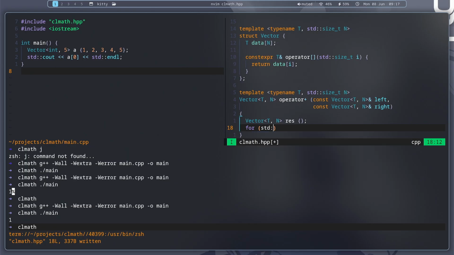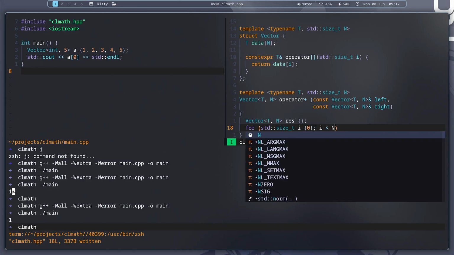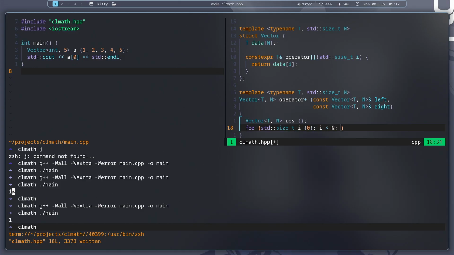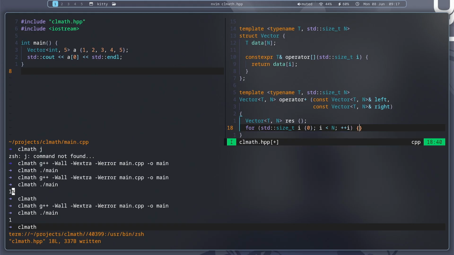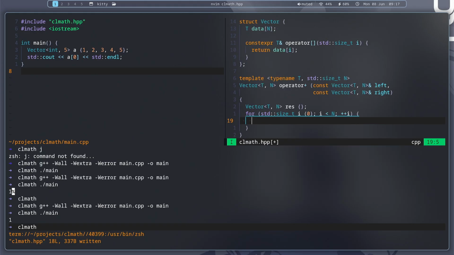I think it's just for size ti. I less than n, i plus plus. Then res sub i equals, yeah. Okay, because I was, okay, yeah. I was worried for a second that